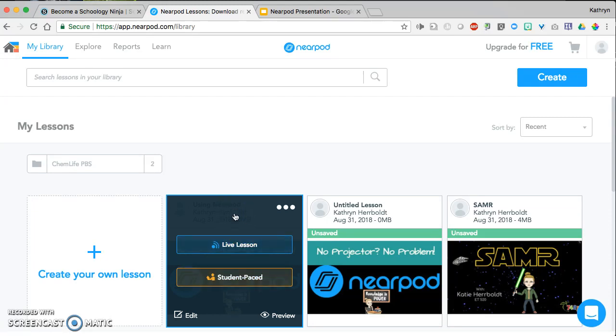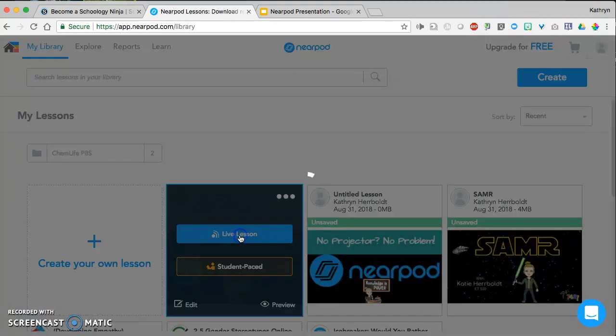So you have 2 options here when you're ready to present your lesson. You can set it up so it's student-paced, so students can go through it on their own, at their own pace. Or you can set it up as a live lesson. Now, a live lesson, students are not allowed to move through the slides on their own pace. So as you switch the slides, the student devices will switch slides as well. So they work through at the pace that you choose. So if I pick this as a live lesson,